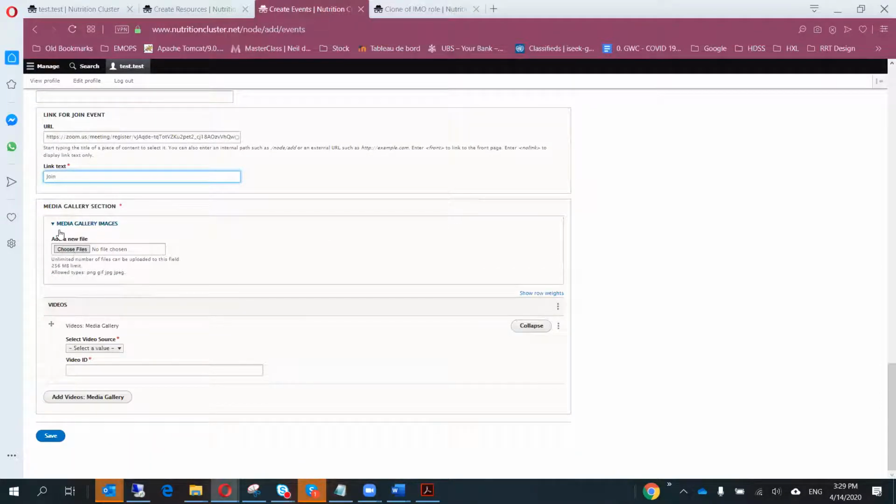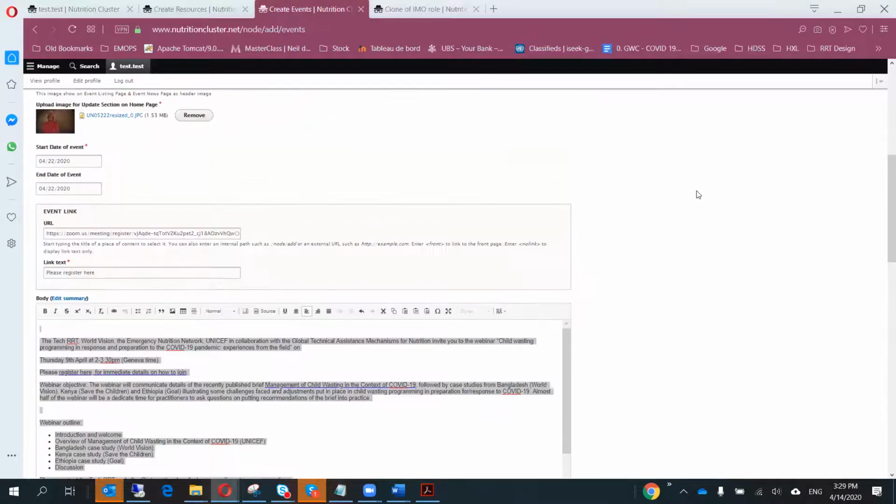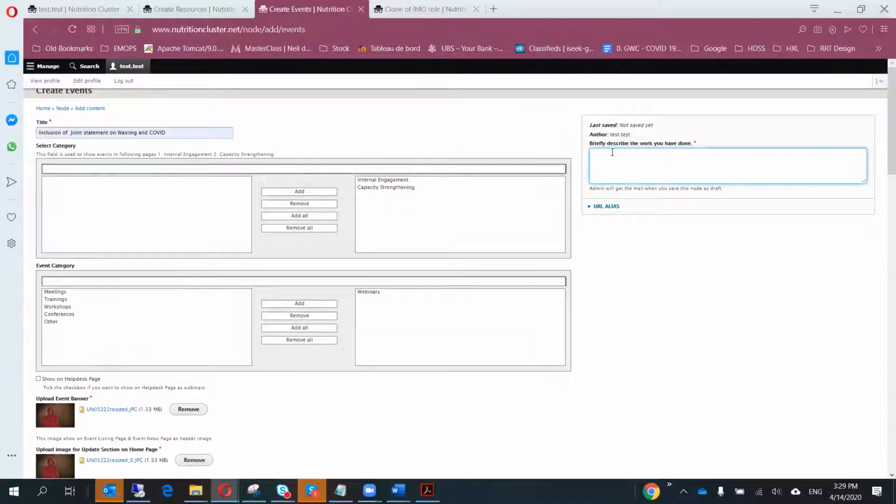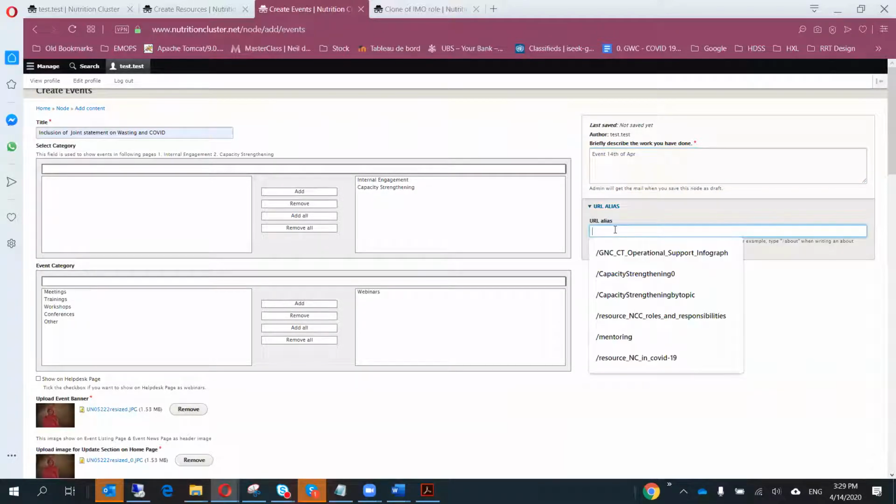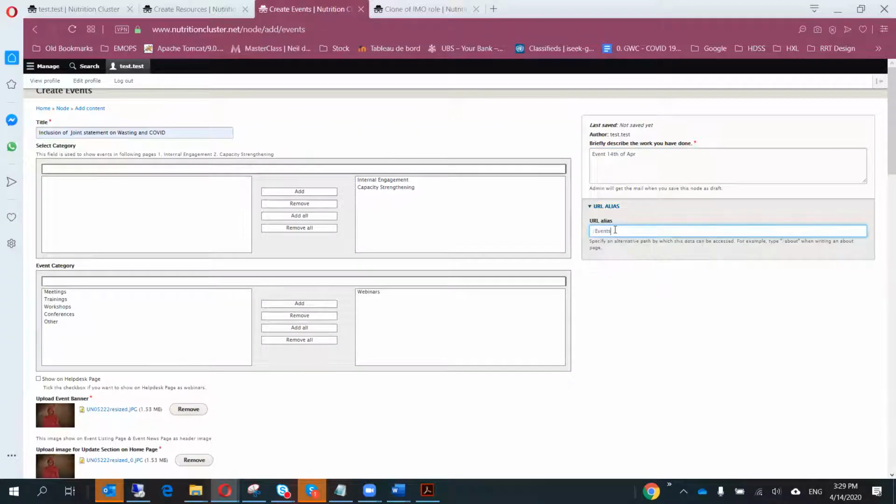After that, I will explain how we can add media gallery. Also, we have to mention that you have to write the revision. For example, event, the date, and the alias, for example, to add it like this. Events. Cool. We don't suppose to have any link, but you can keep the link as you want, the name of the link,